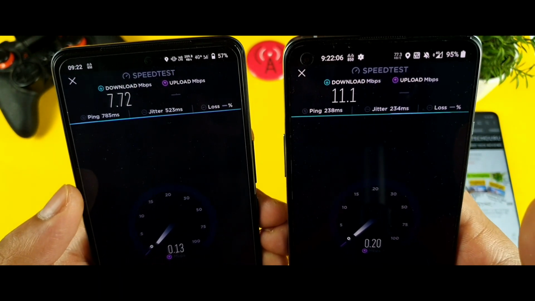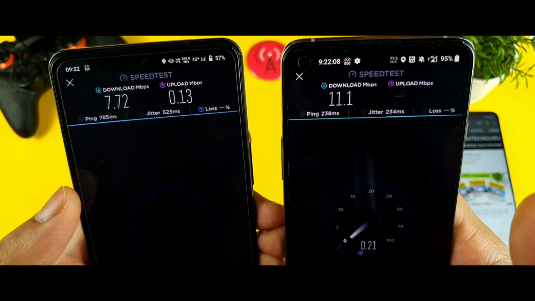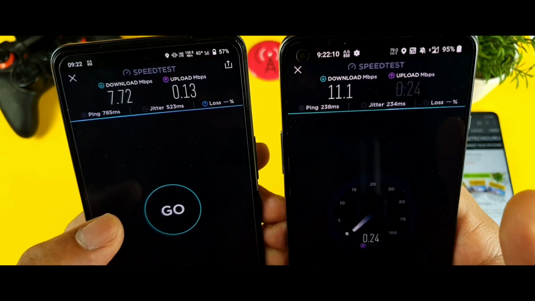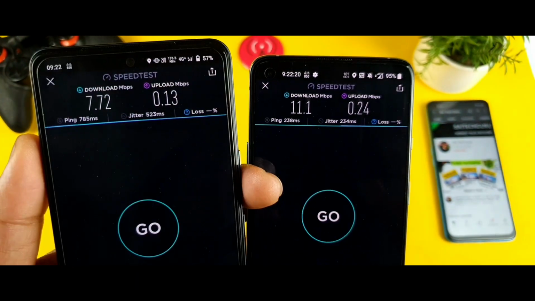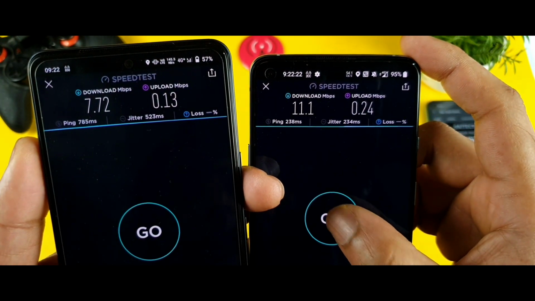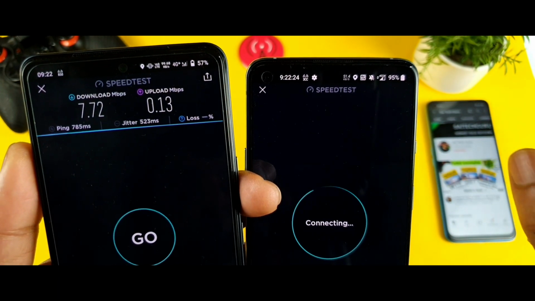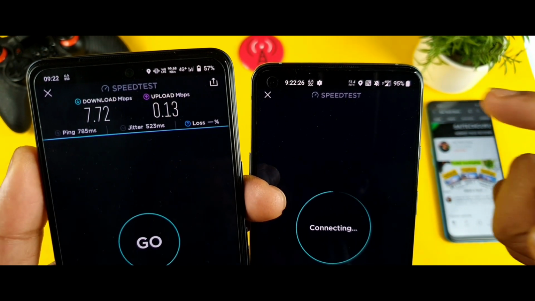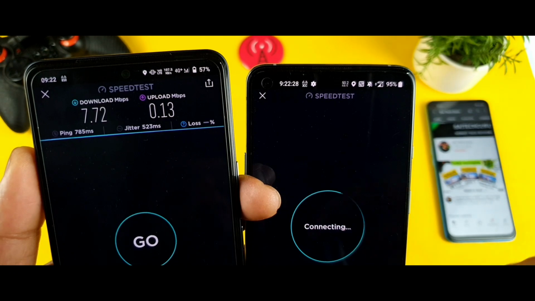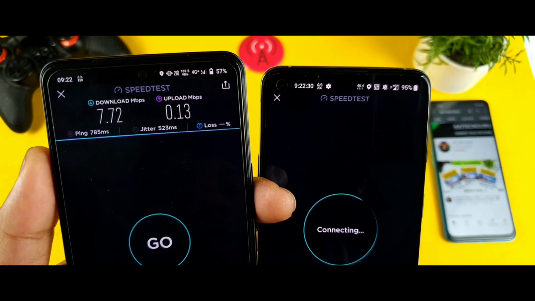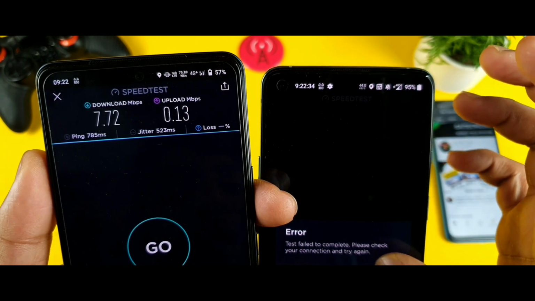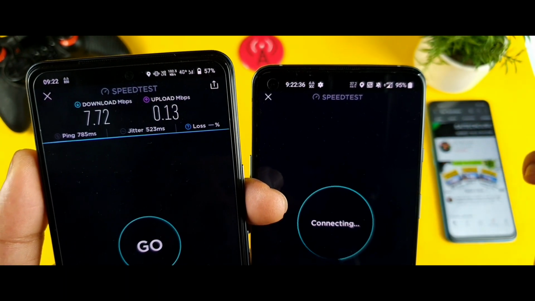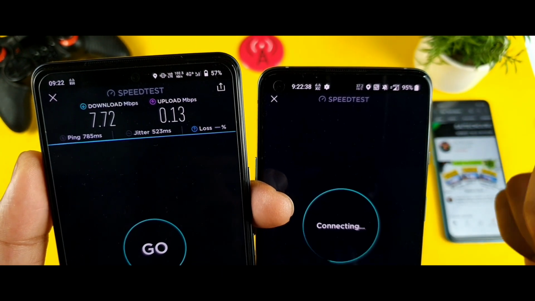But overall I'm getting so many bands, 4cc bands inside my studio room. It's not a joke, I would say, definitely, friends. As you can see, these are the results. So let me try to do the single time testing. One by one I'll test in each phone. Once in the OnePlus 8T, the second time I'll test in the iQOO 7 device. In this way we'll be able to get to know individual speeds, which phone has got what kind of speeds individually. So let me do the first test in the OnePlus 8T.